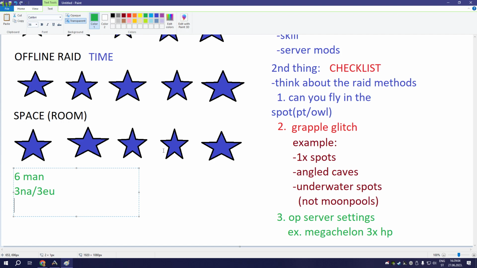And then you think about your strengths and your weaknesses. So you're gonna say, I'm a 6-man, but 3 of my members are EU or NA. So that means I'm actually a 4-man because 3 Americans have the brain cells of 1 European player. And that doesn't count for Germans. Germans share 2 brain cells among each other. So if you're playing with Germans, don't. Anyway,